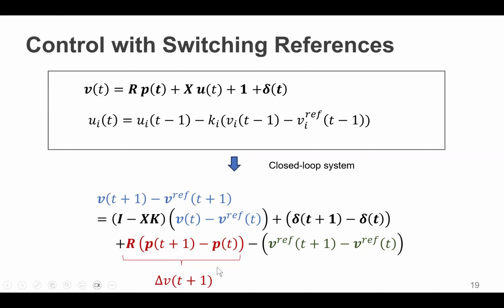But if we shift our voltage reference, then the gradient of the reference enables us to achieve the convergence of the voltage to the reference. By contrast, for the conventional design, if we just keep the voltage reference constant, then the green term will just be zero. So that term cannot cancel the impact from the step voltage changes resulting from the step power changes.